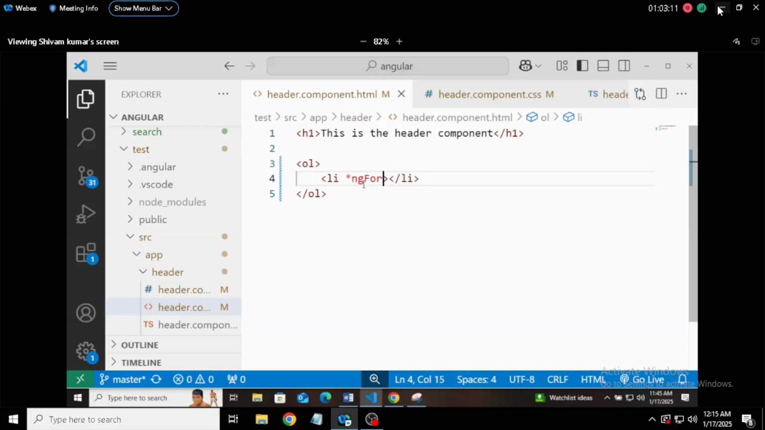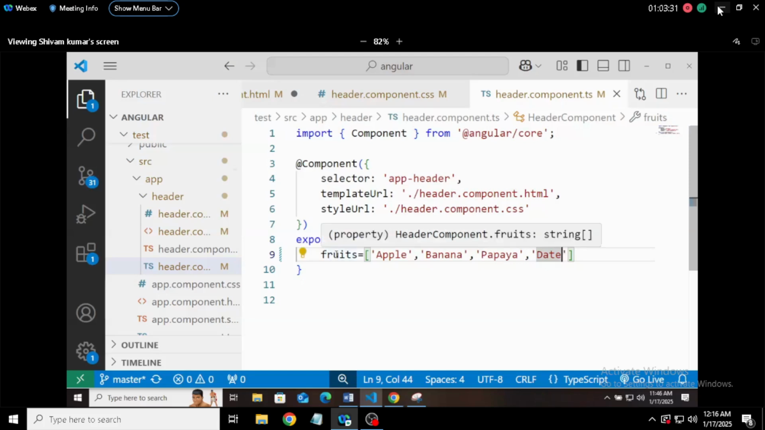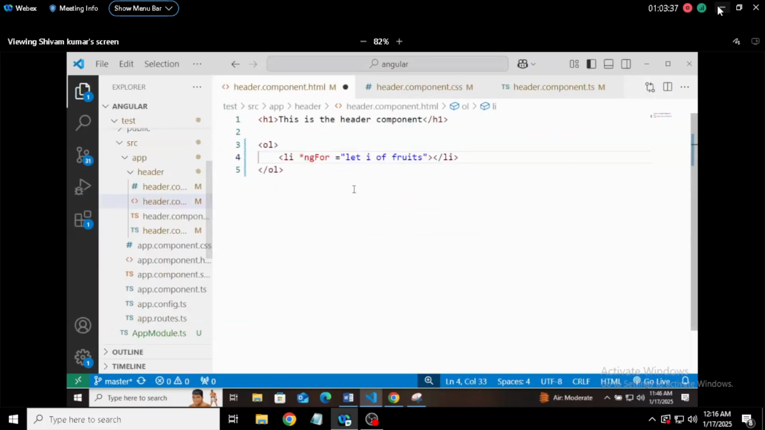So here I will write ngFor equals to, and here I will write let i of fruits. And fruits is the exact name of your class, whatever class, array or list you have written here, the exact name. Here I have mentioned let i equals to fruits. If you are writing this, now render it as a string interpolation. So write i here